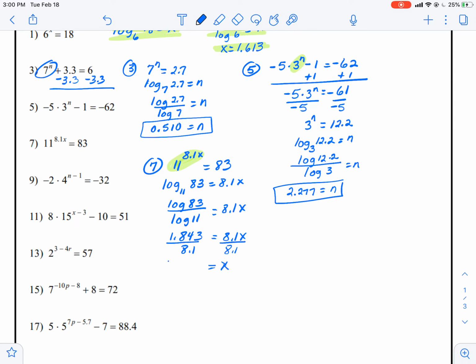So I get a final answer of 2.27. Now, I'm really bad about also, so sometimes my answers don't match up, is leaving this number unrounded in my calculator